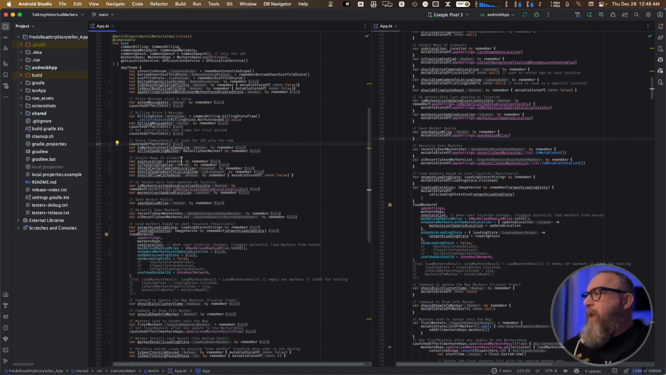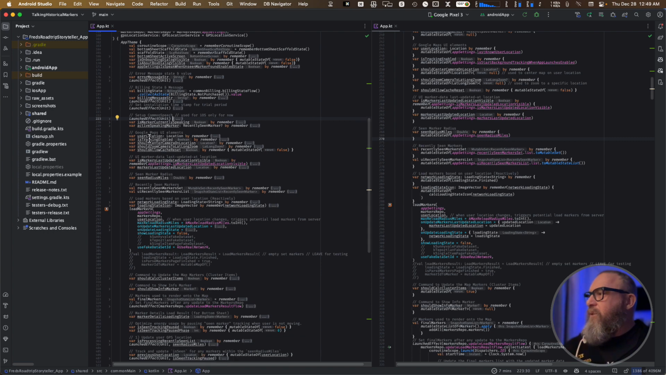Here's the Google Maps UI elements. We've got the user location. We have whether the background tracking is turned on or not. And these are the commands. So yeah, I discussed in the other video